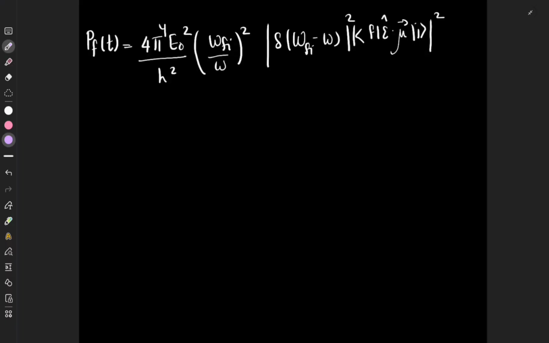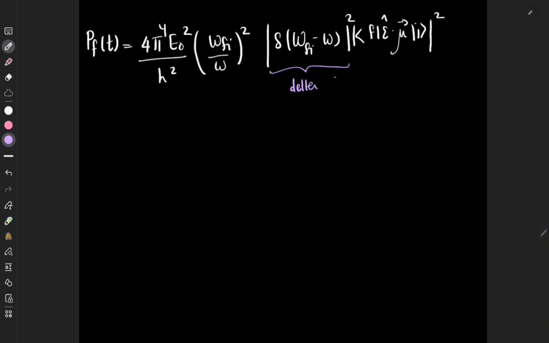Before we start with today's topic, I would like to say that I made a mistake in the previous lecture. In the denominator, I had written h cross square, but it's actually h square. So please correct that mistake before you jump into today's lecture. Thank you. So here in this equation, if you can see, this one over here is nothing but the delta